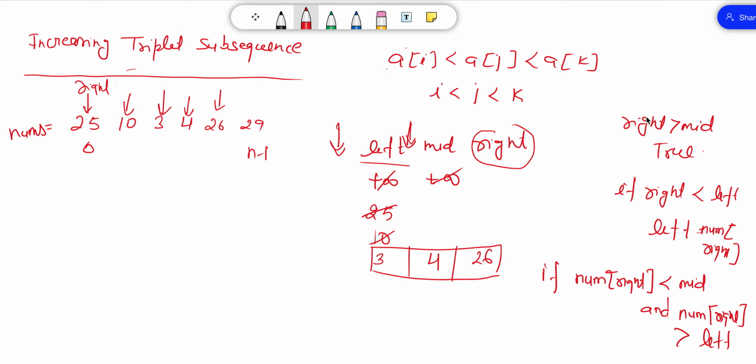And the terminating case is if right is greater than mid. So first compare right to mid. If right is greater than mid, just return true. The other two cases are just to check whether right lies here or right lies here.